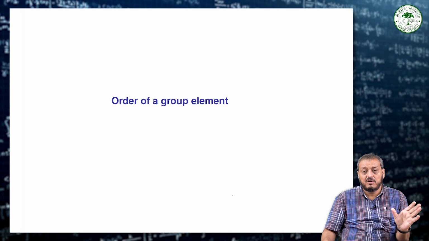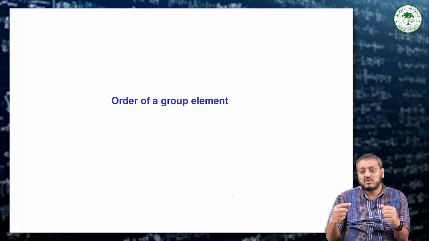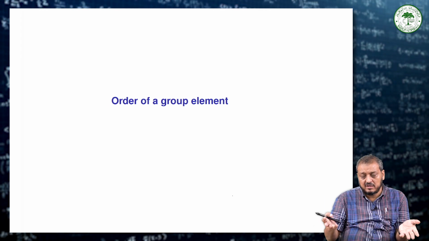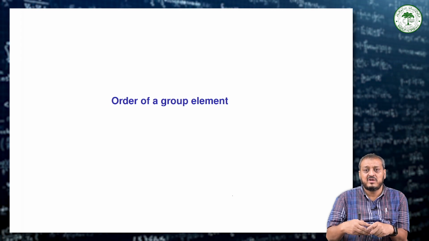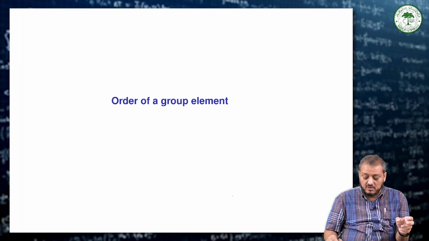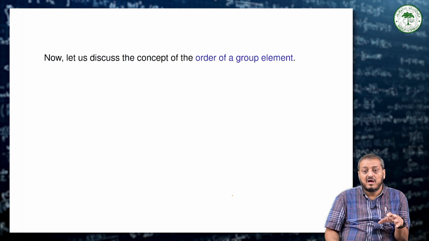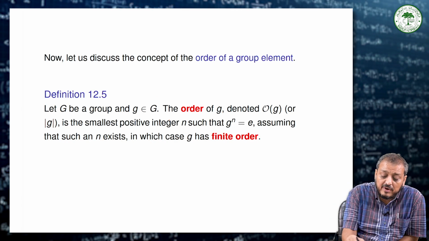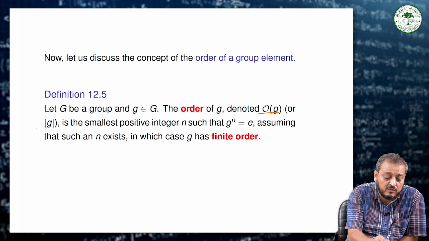The number of elements in a group is called the order of that group. If it is finite, the group is finite, and if it is infinite, we can say that the order of the group is infinite. Let us begin with the definition. Let G be a group and g an element of G. The order of g is generally denoted O(g), or